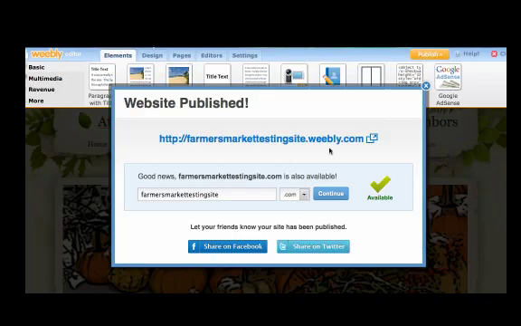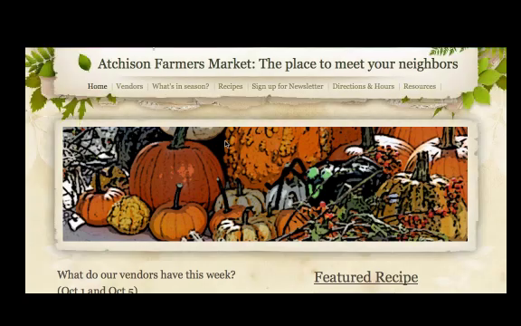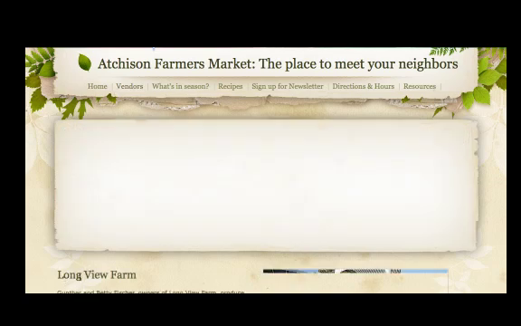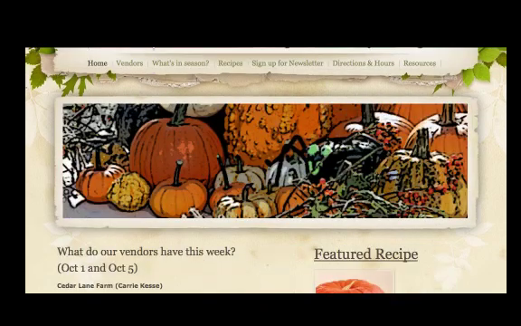So now that we showed you how to change some of the pages and edit some of the content, let's go to the finished product in here, and we can look at the changes that we made really quick here with Longview Farm and how it still has that new banner of changing the images. And at the main website,